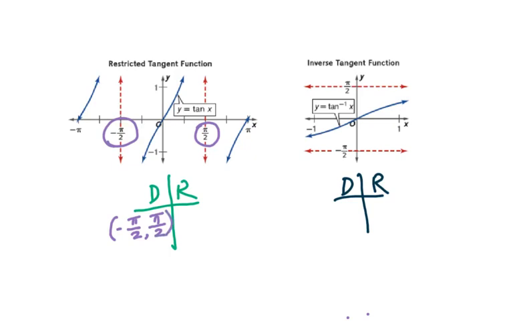Range: no end points at the bottom, no end points at the top, so we see all real numbers. Therefore, for the inverse tangent function, the domain is all real numbers, and the range will be from -pi/2 to pi/2, open